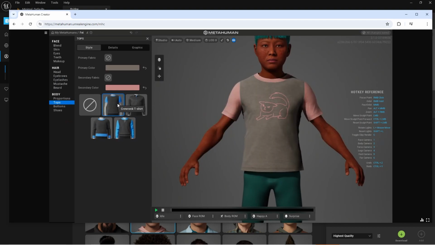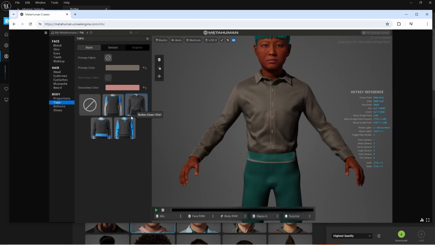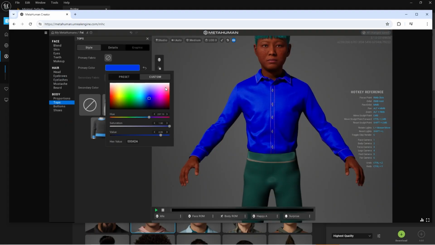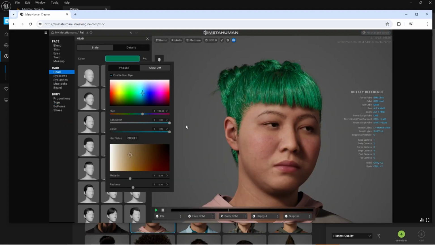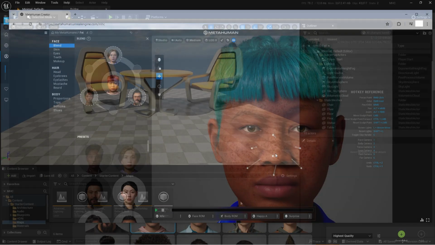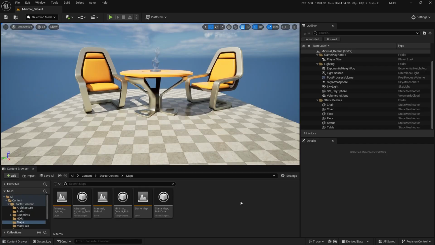Have you ever wondered how people are making these crazy custom metahumans? Well, we're going to go over how to use Metahuman Creator so that you can also make your free custom metahuman. So I started a new games project just to keep it light and only added starter content,